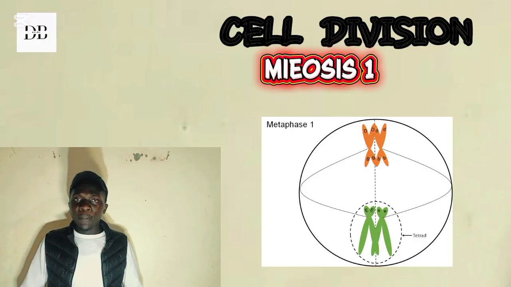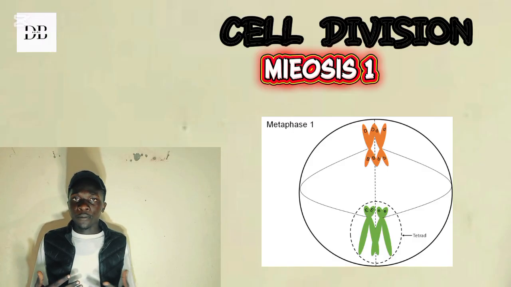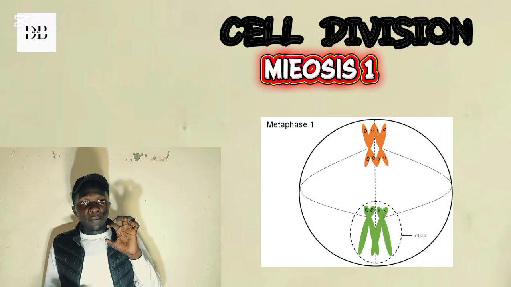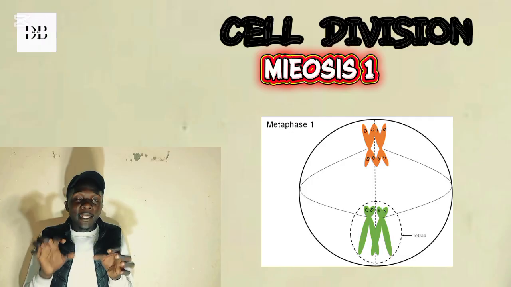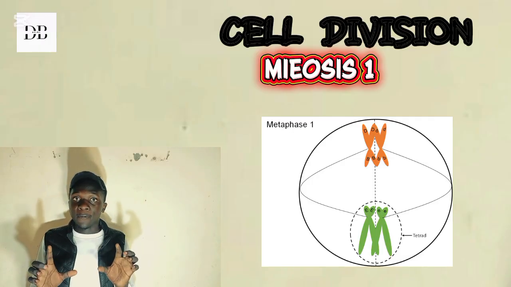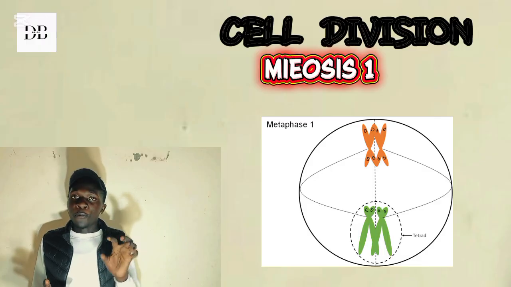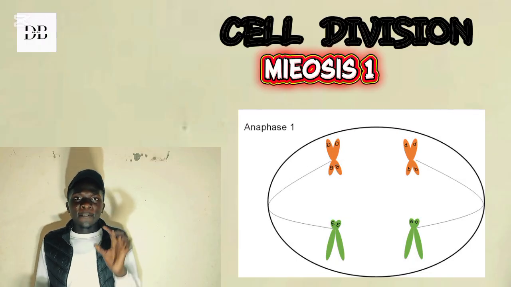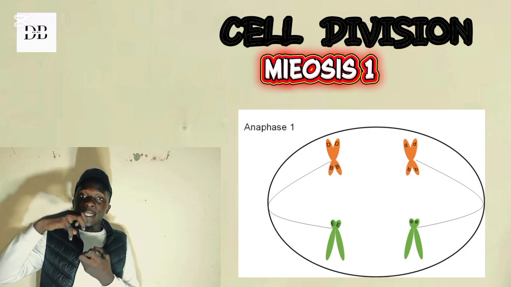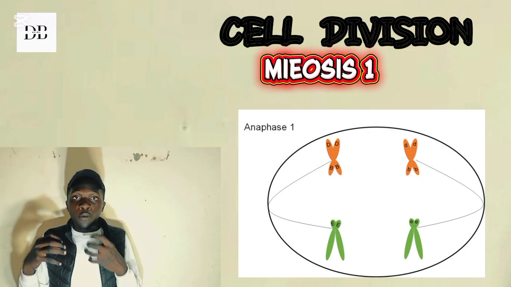So in metaphase stage, these pairs of chromosomes now align at the equator. Remember, in metaphase one, there's only alignment at the equator and nothing more happens there. Then we move to anaphase. In the anaphase stage, those chromosomes now begin to move to opposite ends of the poles, or they are separated